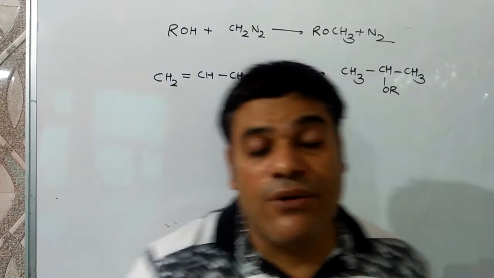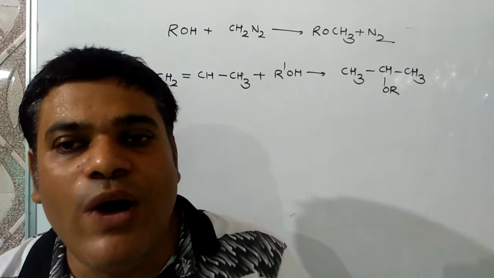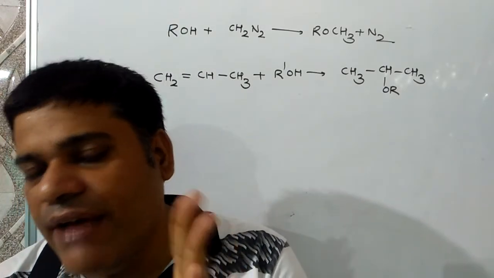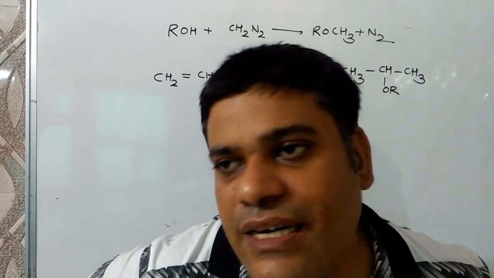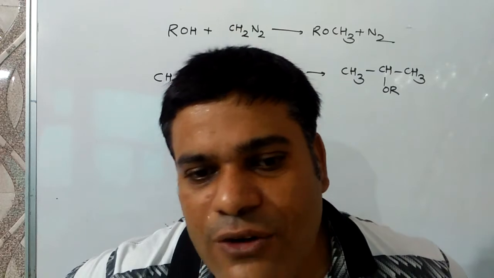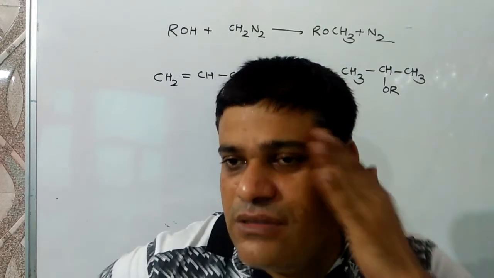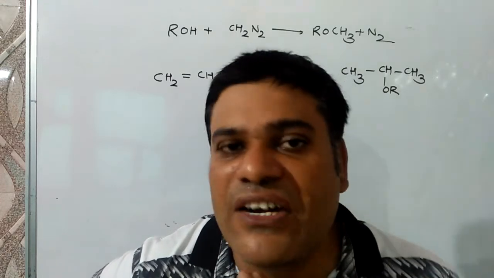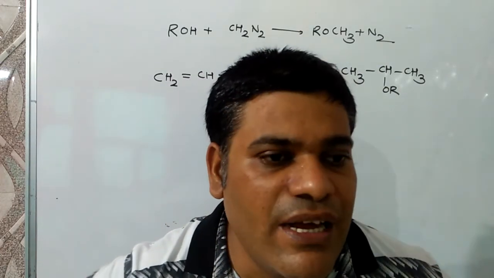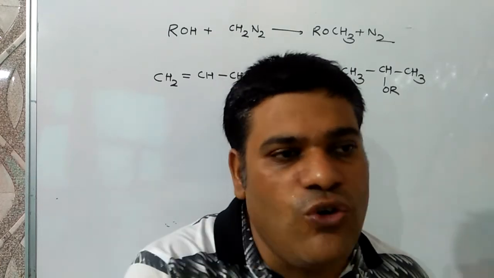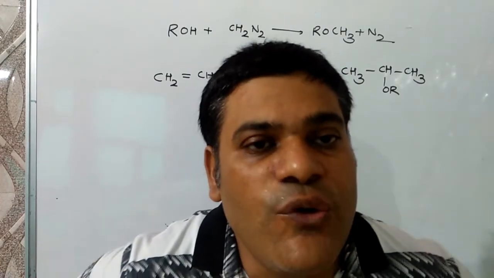Now we have to discuss the properties of ether. The first question might be: why do ethers have a lower boiling point than corresponding alcohols? The reason is that alcohols form stronger hydrogen bonds. Similarly, ethers are less soluble in water than alcohols, and the reason is the same, because they form weaker hydrogen bonds.